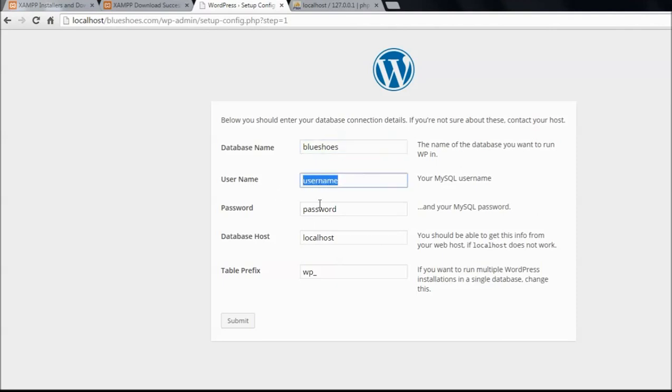And then the username. So by default, the username is root, and the password is blank. You can change this later, but we're not going to worry about that. Just leave it, put in root as username, password is blank for now. Keep localhost the same. And then you could change this table prefix, but I recommend just keeping it WP for now, and then you can always change it to something else later. So click Submit,